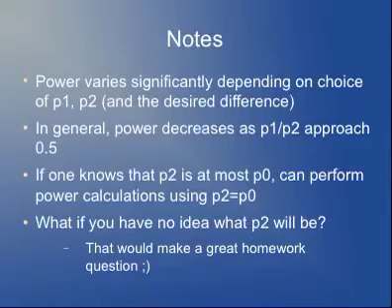So to make sure that you have the power for any possible value of P1 and P2, you should probably choose, if you want to detect a difference of 0.1, for instance, you set P1 and P2 as close as possible to 0.5 such that the difference between the two is 0.1, and that may have given away the homework problem, but,